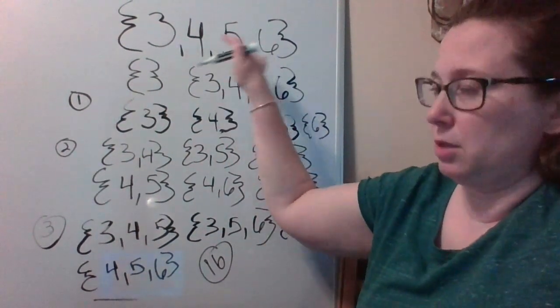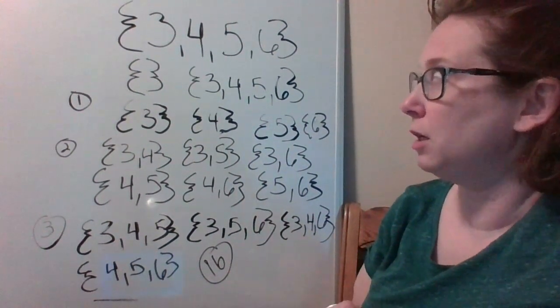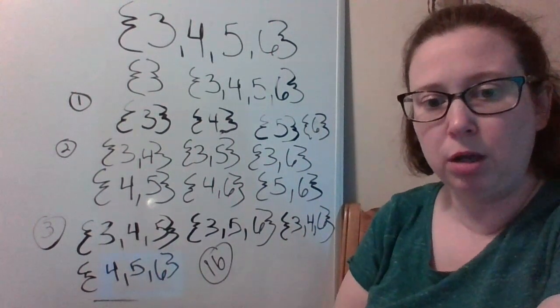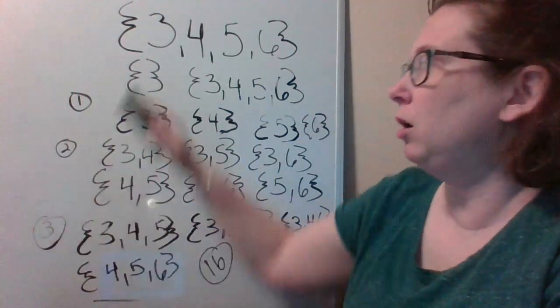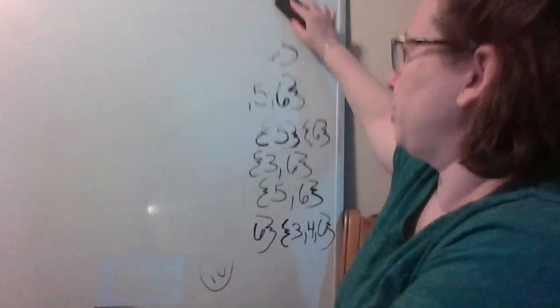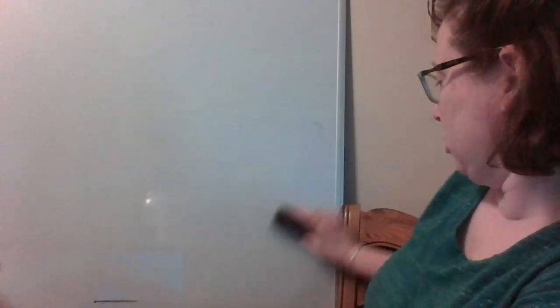Your book isn't going to give you, I don't believe, anything more than 4 elements in a subset because, again, it would get a little hard to work that through. So we have one more problem, which is problem 4. Problem 4 is the one that is talking about complements